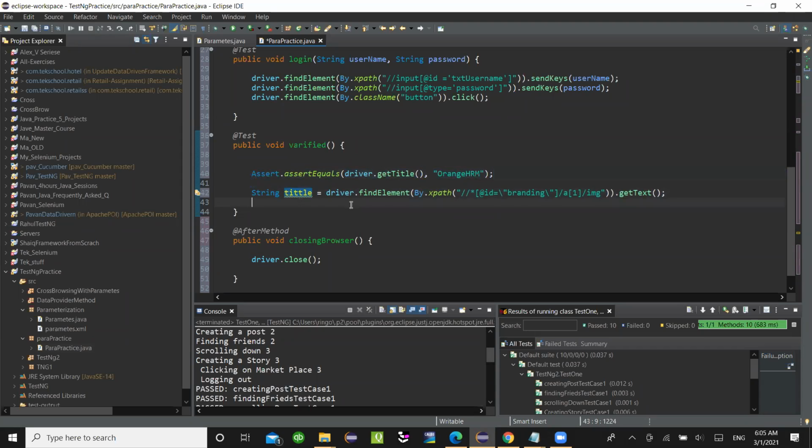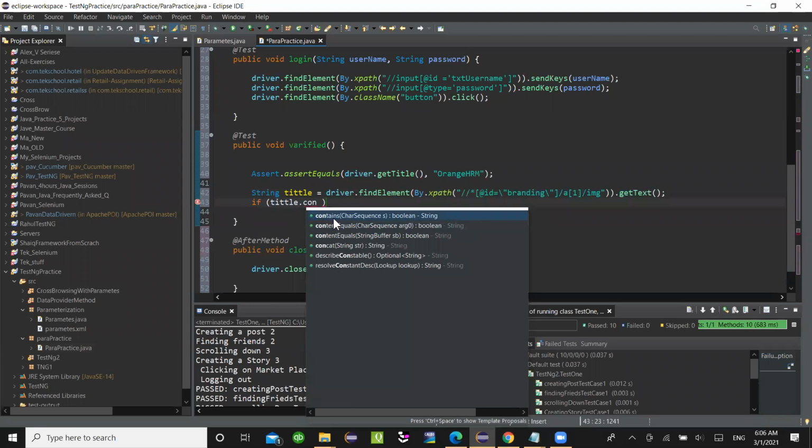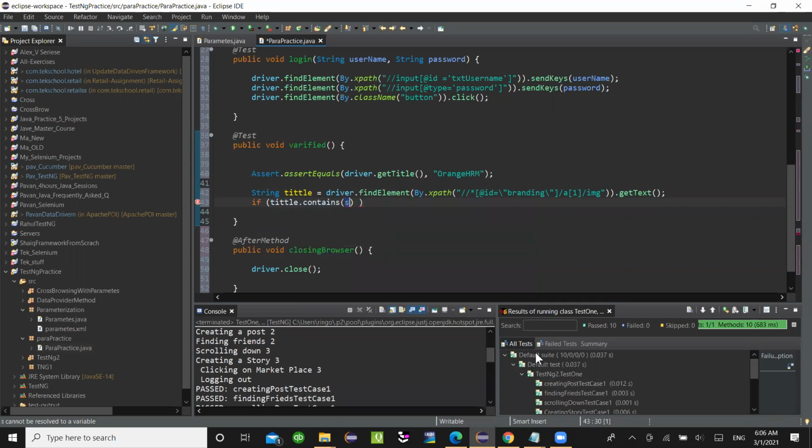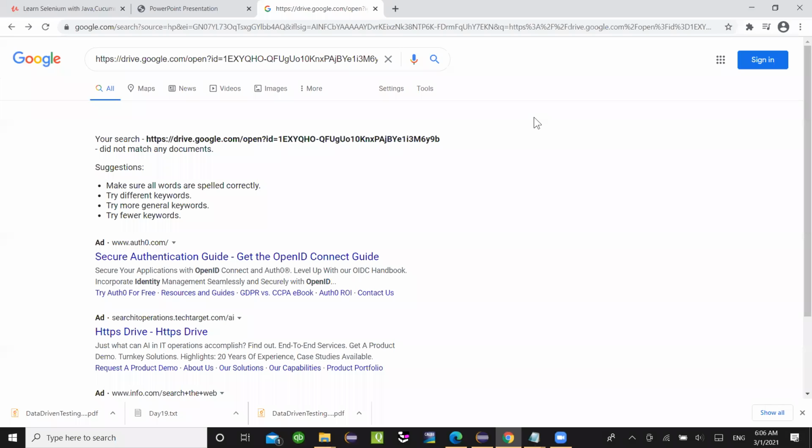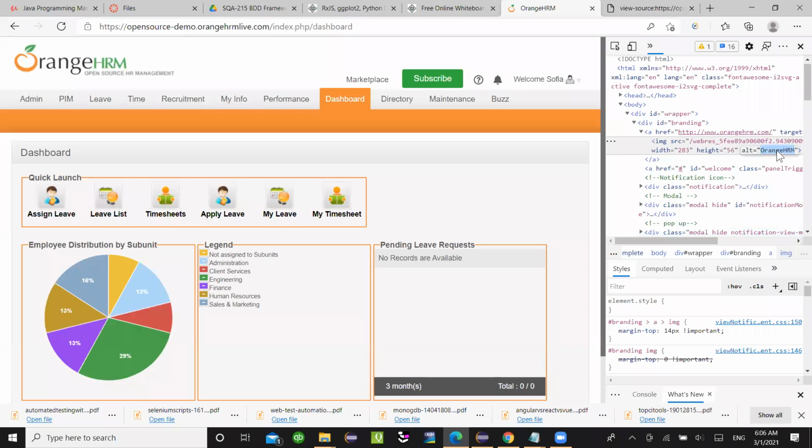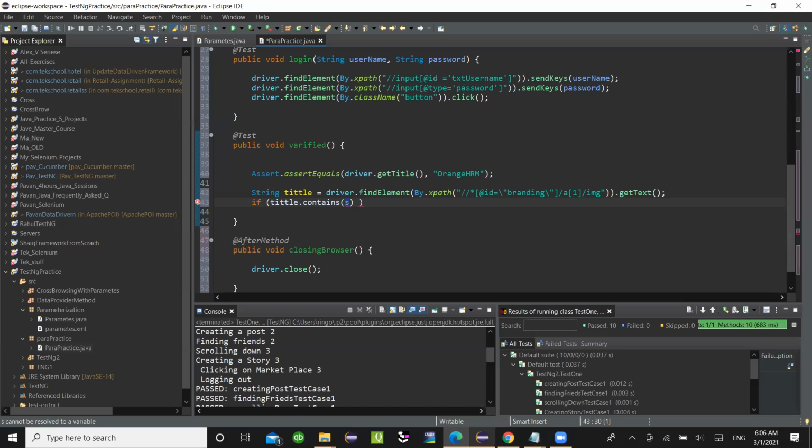Now I'm going to use if else. If I use if else, then I have to get the text. Why? Because I need to save it in a variable. After I save it in a variable, I would say, okay, if this text, this title that I got the XPath of, dot contains, and here I would say, what does it contain? If it contains this, because I got the element. If this contains this,